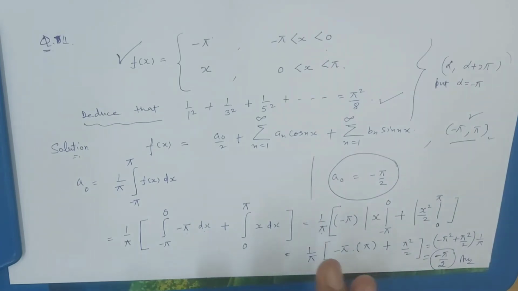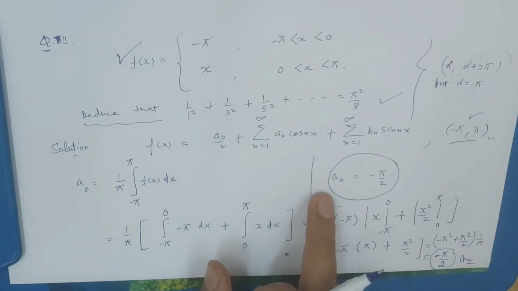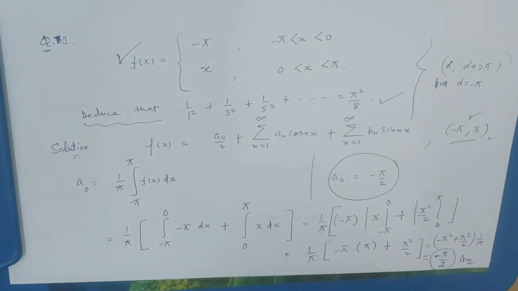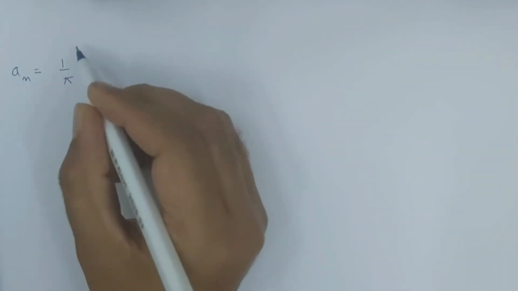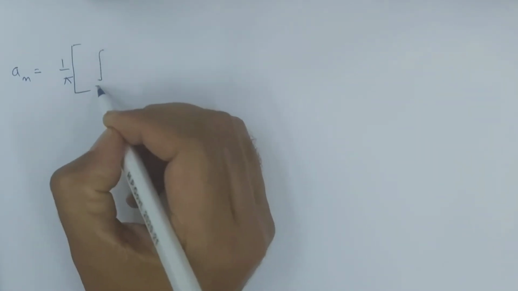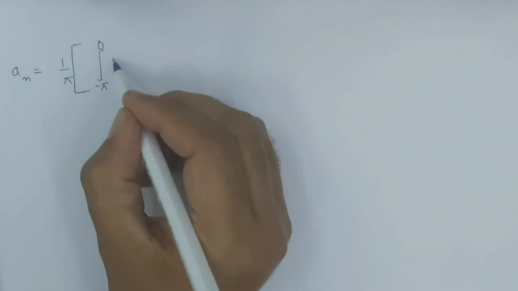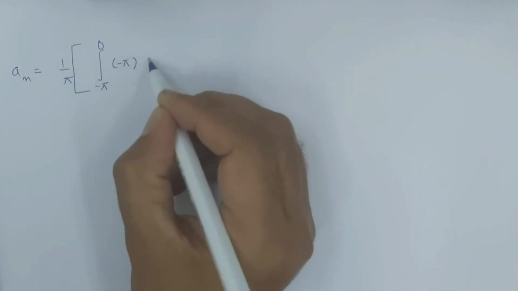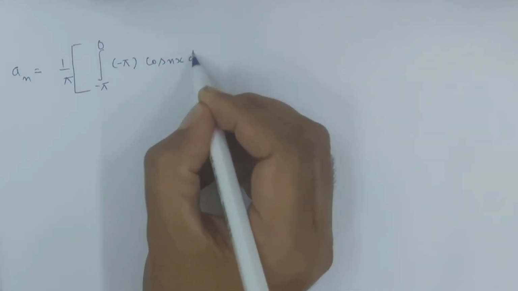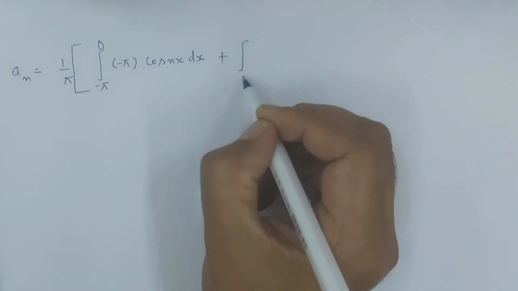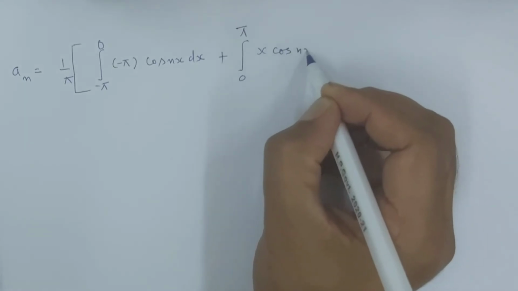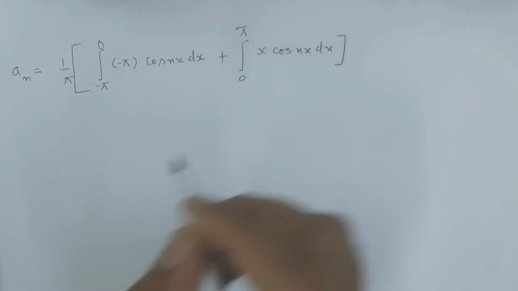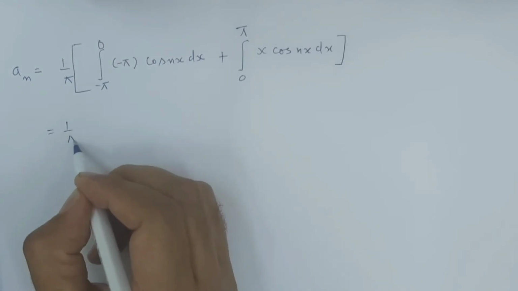इसी टाइप से we find an and bn. Let's find an. an equal to 1 upon pi, डायरेक्टली कर लेंगे अब हम, minus pi to 0, here is minus pi cos nx dx plus 0 to pi x cos nx dx, that is equals to 1 upon pi,